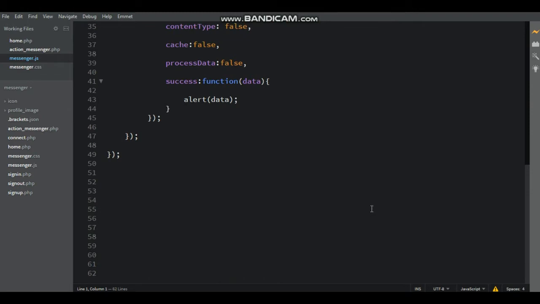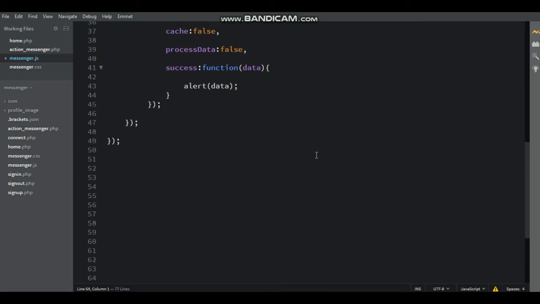Now using tag, now write fetch profile image.